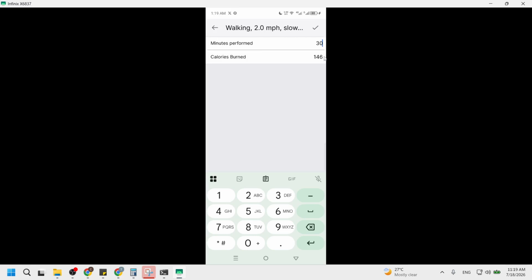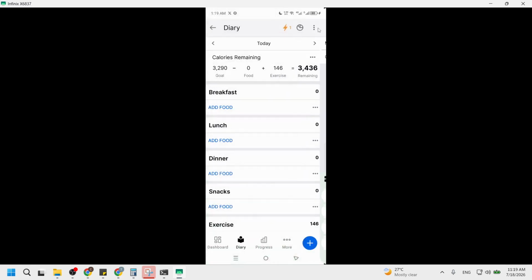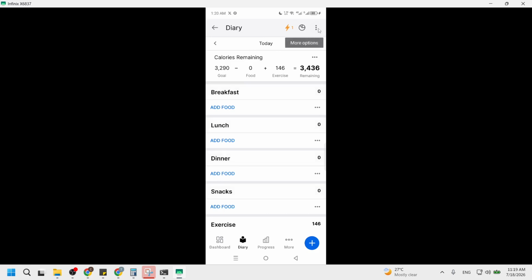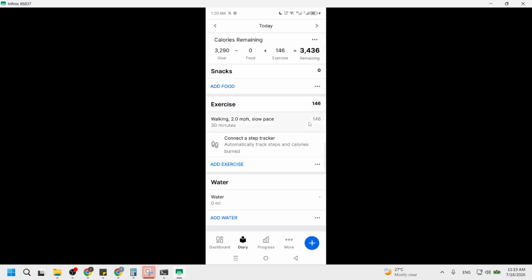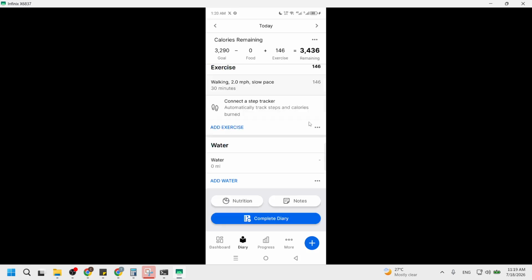Once you have filled in the necessary details, tap the checkmark or save button in the top right corner to log the steps to your daily diary. This final action confirms that all your information has been recorded. You should see a confirmation message appear, letting you know that your steps have been successfully added. This step is crucial because it ensures that your hard work is documented and contributes to your overall fitness goals.